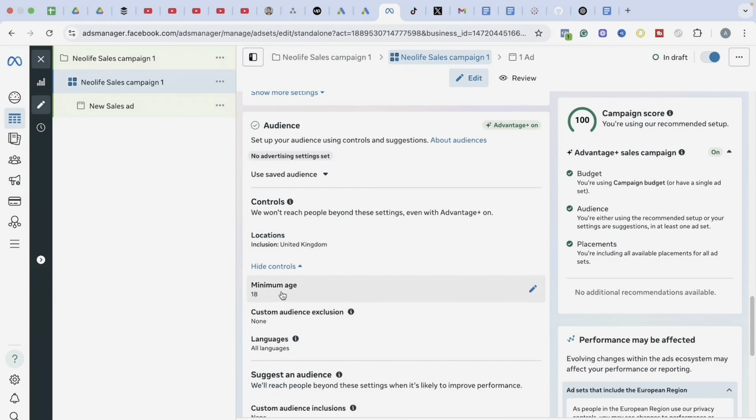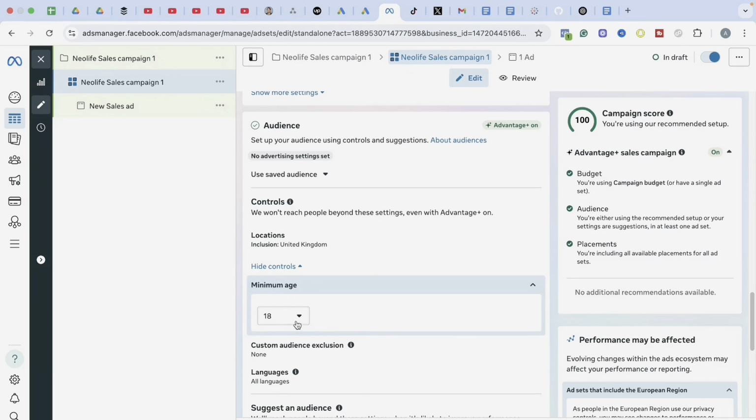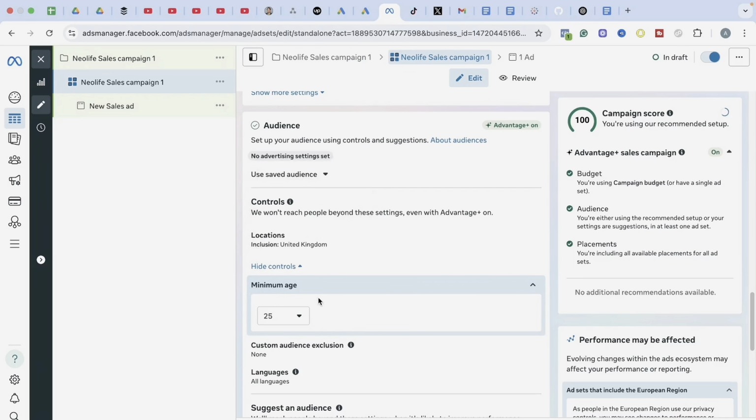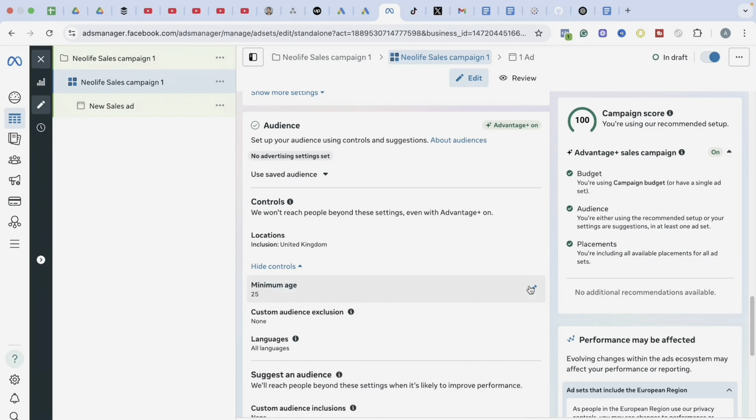If the minimum age of the product you are selling is 18, then put 18 here. The minimum age of people I want to reach is 25. So what you are basically doing under control is telling Facebook not to show your ad beyond people in the UK, and not to show your ad to people below the age of 25. That's what you are doing.